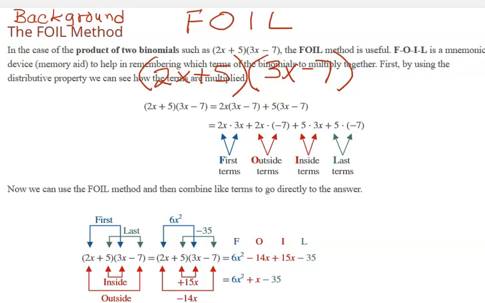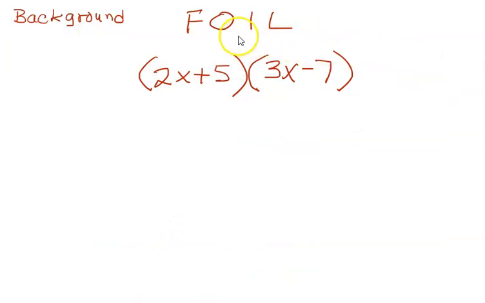Now, another very common method of multiplying binomials is the FOIL. And here they go over it in some detail, but we'll go over it too, and you'll take this as background information. Now, the acronym FOIL, F-O-I-L, refers to a procedure by which we multiply two binomials. The F stands for first, which is this term and this term, the first in each of the binomials. So when you multiply these, you get